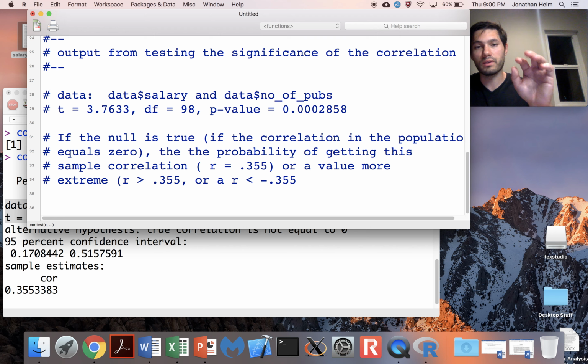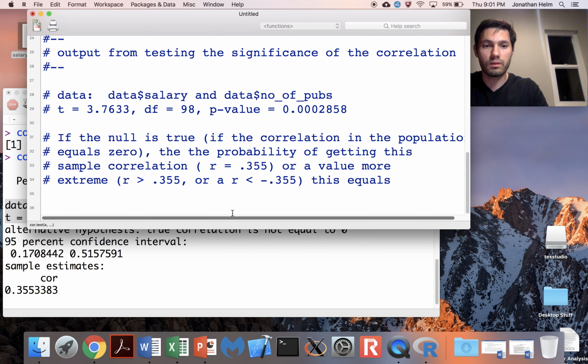Because more extreme means it can be greater than the value or less than its opposite. Okay, so larger than 0.355 or less than negative 0.355, this is going to equal the p-value,